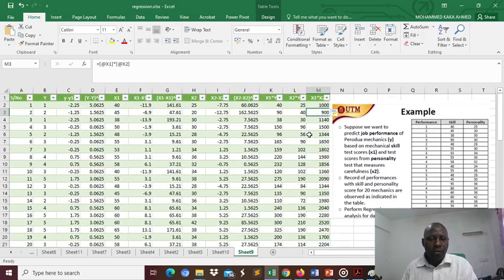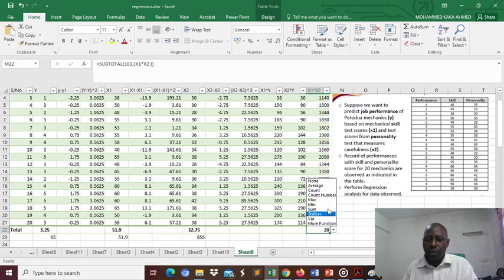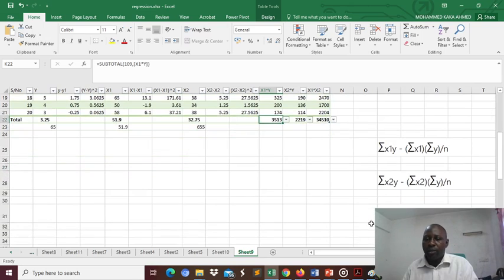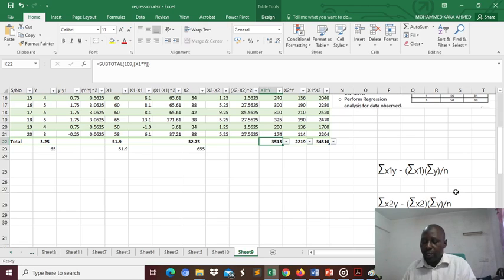So therefore, we have eventually got the whole. So what is the sum and the average of all these? This is the sum, this is the average, okay, and this is the sum, this is the minimum, this is the sum, okay. So this one also, this is the sum, okay. So therefore, let's use the formula to calculate the x1y minus x1 multiplied by expression y all divided by n. So therefore,